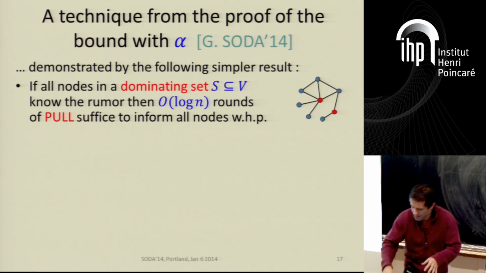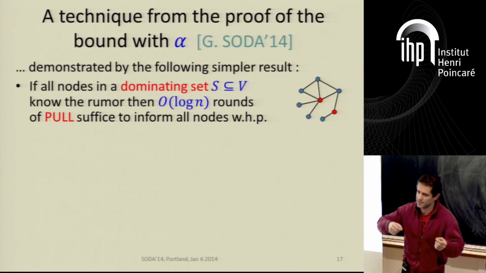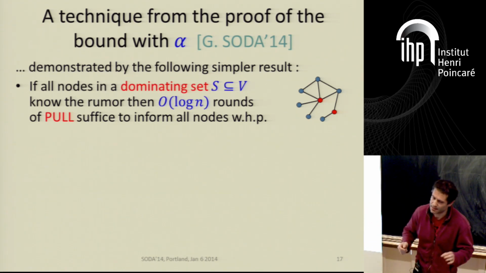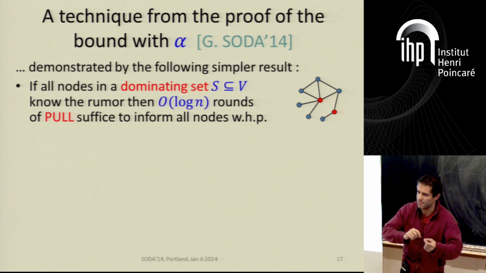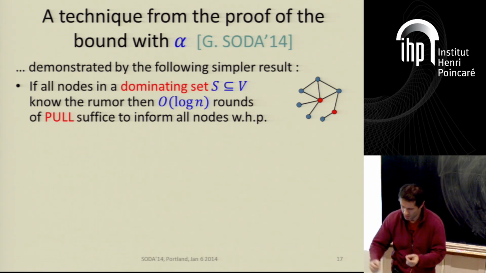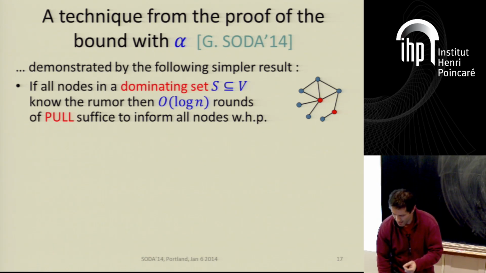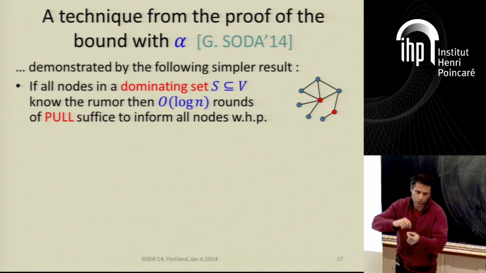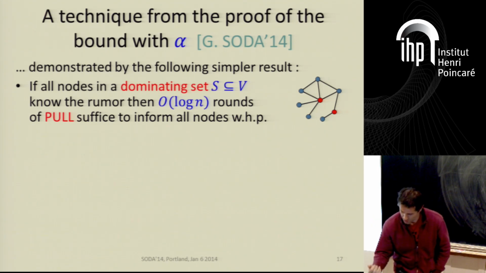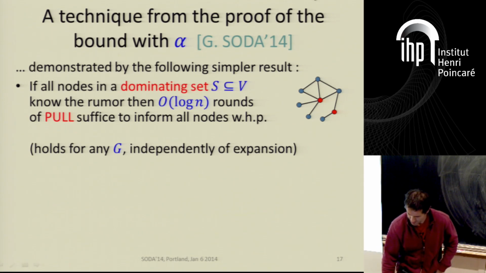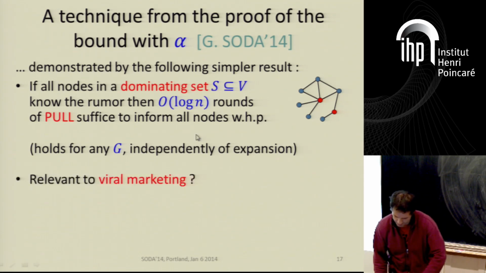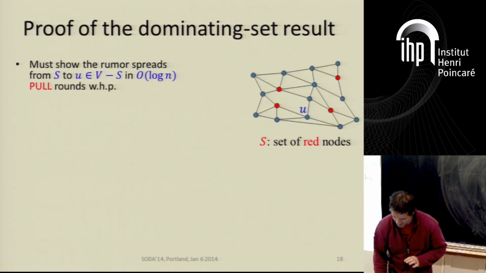You may think that this result is trivial, right? Each node has an informed neighbor. It can pull from that node. But this is not the case, because a node may have many neighbors, and only one or few of them may be informed. So it may be very unlikely that in a logarithmic number of rounds it will happen to choose one of these neighbors to pull the rumor from. Note that this result does not make any assumption about expansion, although it's used for this result. One may argue that it's interesting in itself, but for this talk we're only interested in the proof.